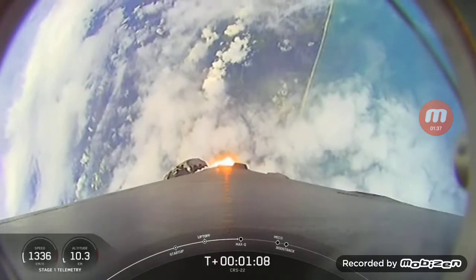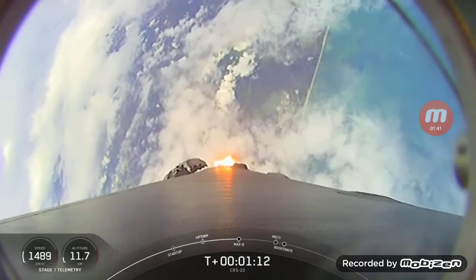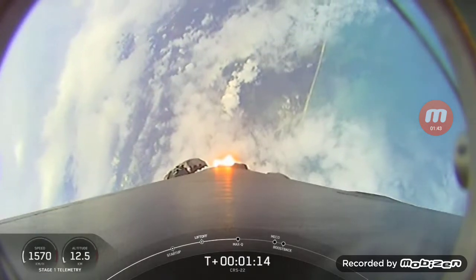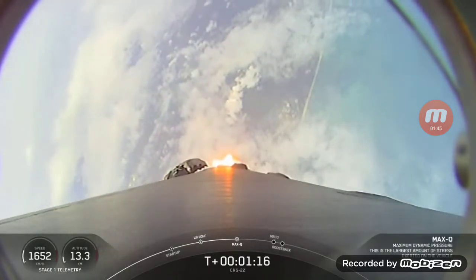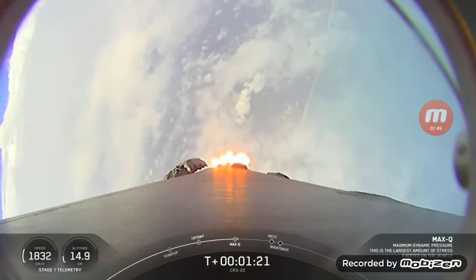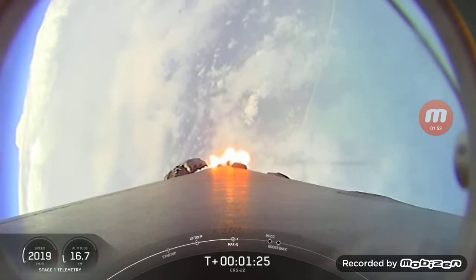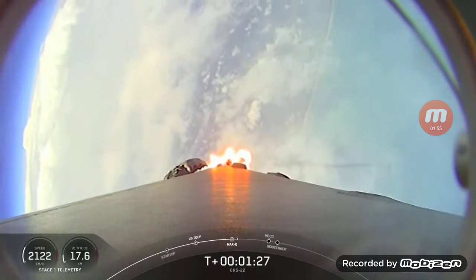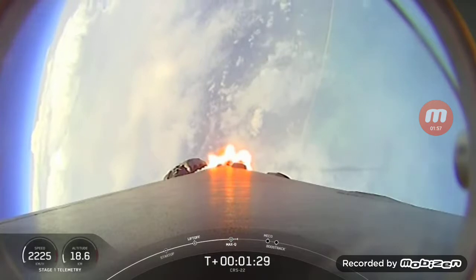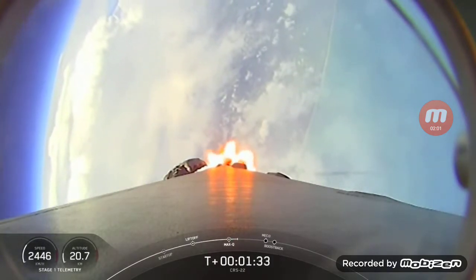Execute. So in preparation for maximum aerodynamic pressure, we throttled down those Merlin 1D engines. Now that we're through that point, we'll throttle back up and continue on to the next of our sequence of events. We have several happening in rapid succession. That'll be main engine cutoff, followed by a stage separation. Then we'll have a first stage flip maneuver, second engine start, number 1, and then a boost back burn on